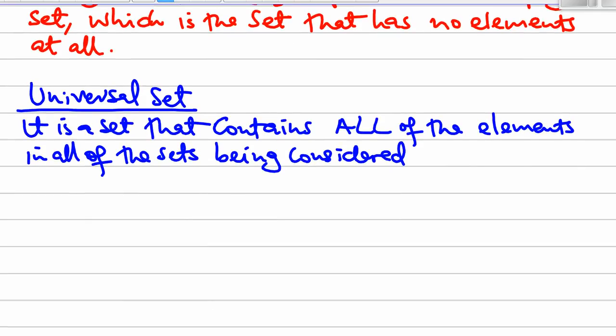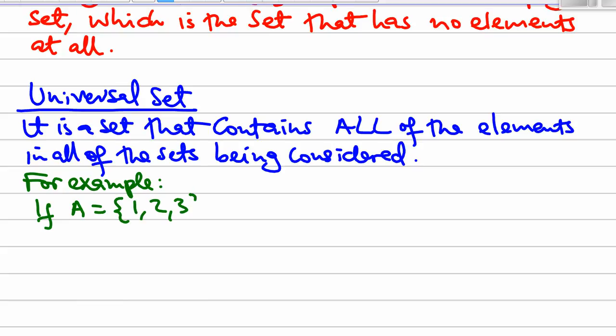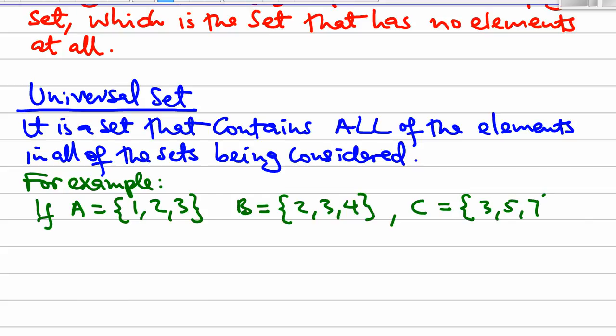Okay. For example, suppose set A contains elements 1, 2, 3, and set B contains elements 2, 3, and 4, and set C contains elements 3, 5, and 7. Then